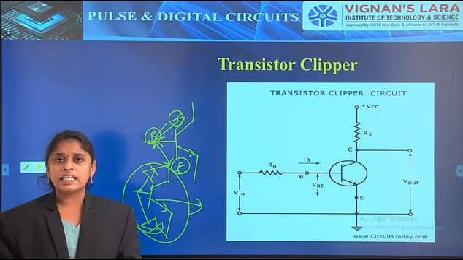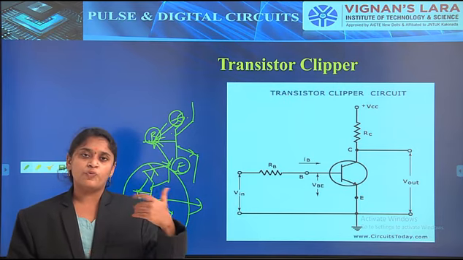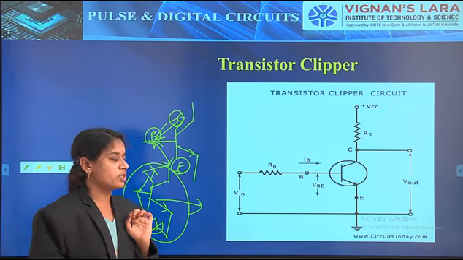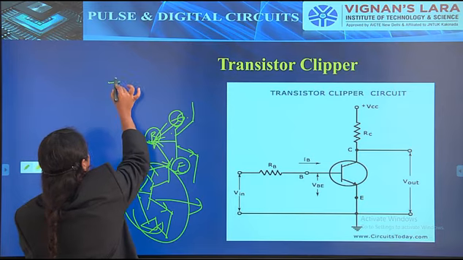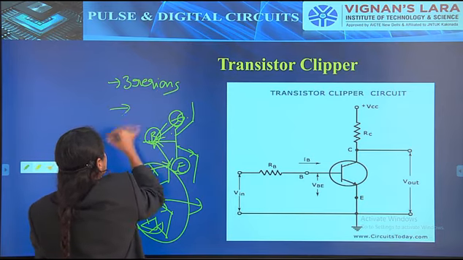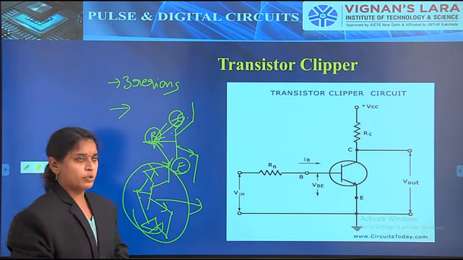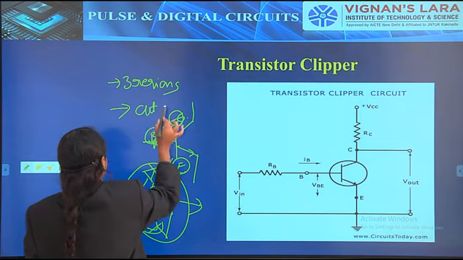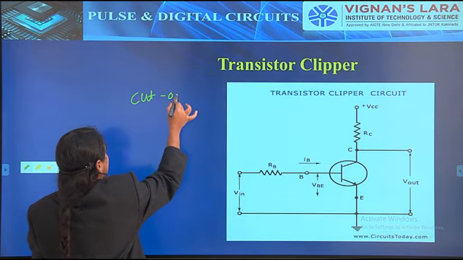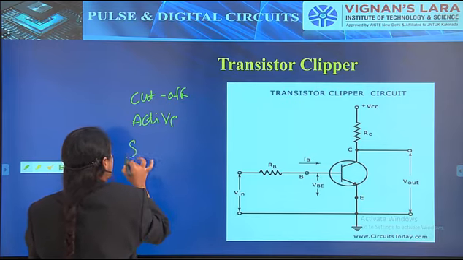As we know, a transistor consists of three regions. What are they, in which region can it perform as a switch or amplifier, and what are the conditions we have to observe? The regions are the active region, saturation region and cutoff region. That is the cutoff region, the active region and the saturation region.